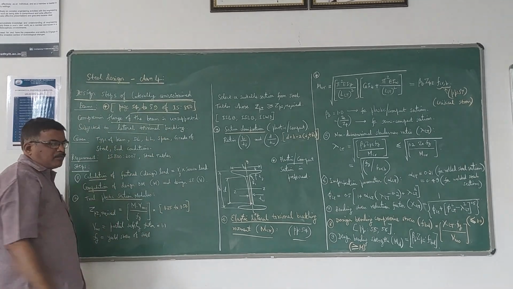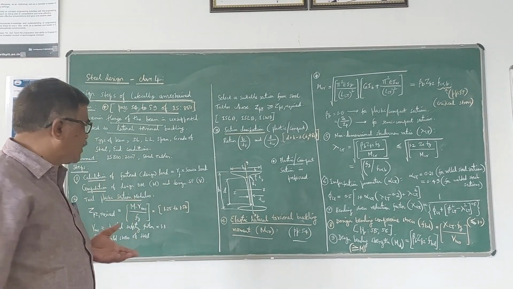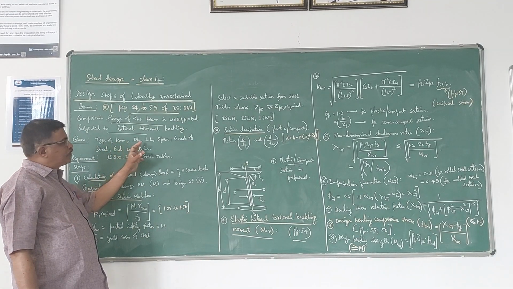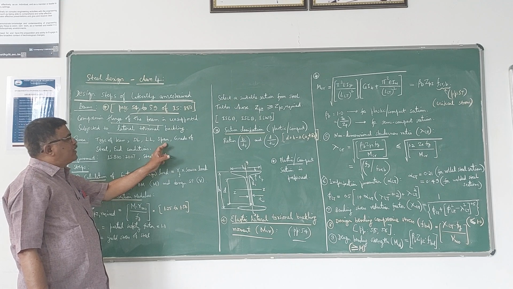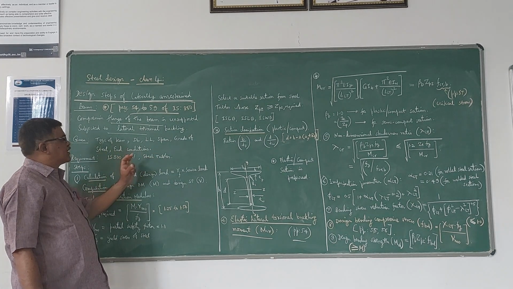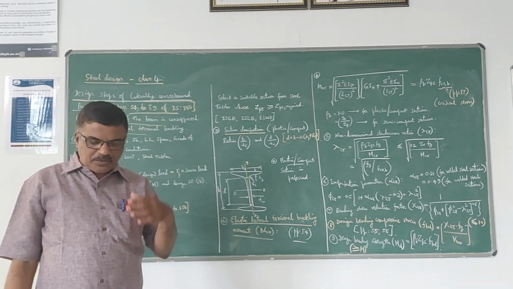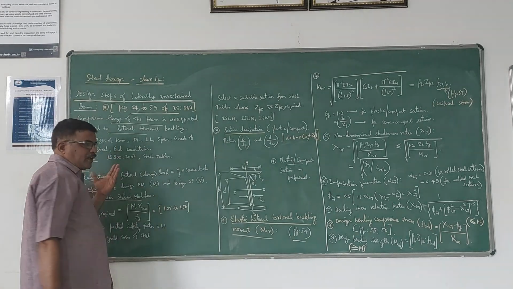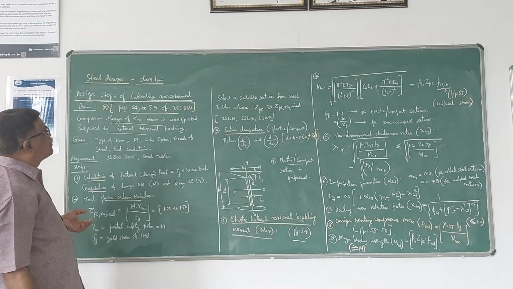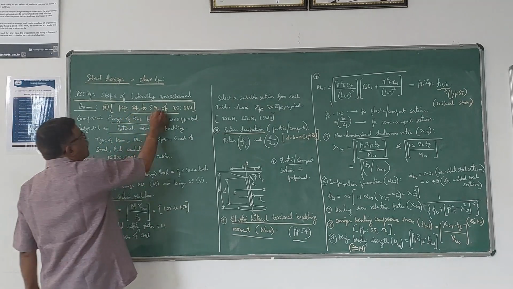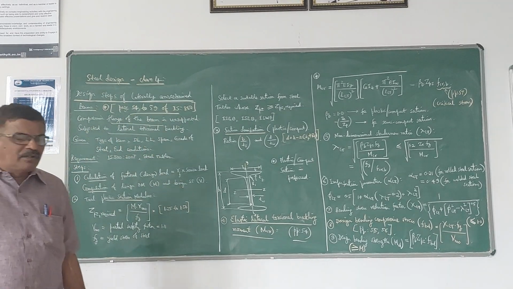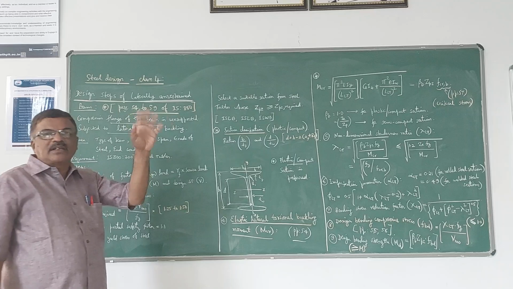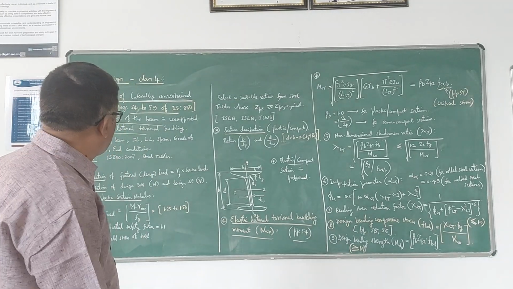In such types of problems, the data should be given like this: the type of the beam has to be mentioned, dead load, live load, span, grade of steel, end conditions. Of course, the dead load is nothing but the weight of the section which we are going to assume, but it depends on the other parameters also. And we have to refer to pages 54, 55, 56, 57, 58, 59 of IS 800 for the complete design of laterally unrestrained or unsupported beams.